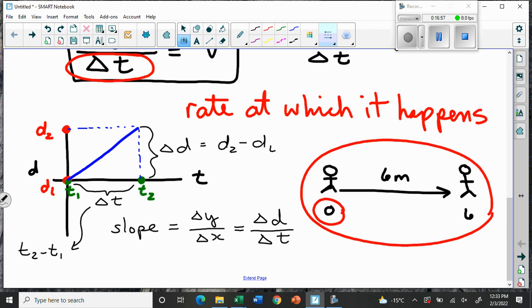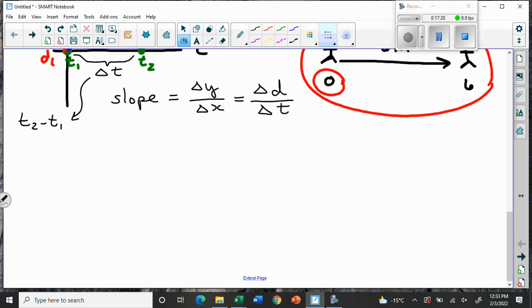And so in math class, that's why we wrote this delta D, delta T. That's why the next line that you wrote when solving for slopes was to write D2 minus D1, or you might have written Y2 minus Y1, right? And when we start at 0, it makes everything simple, but you don't have to start at 0, okay? Let's just explore why this is true, why this works,